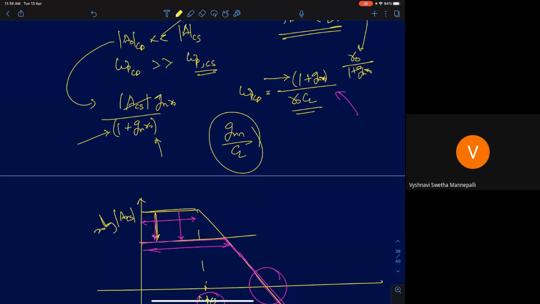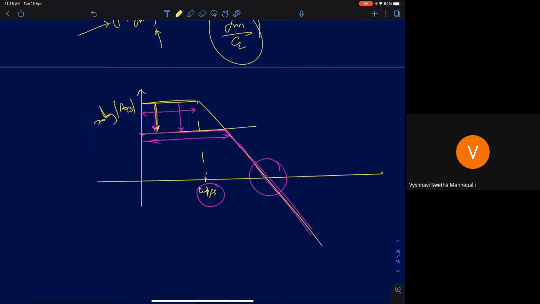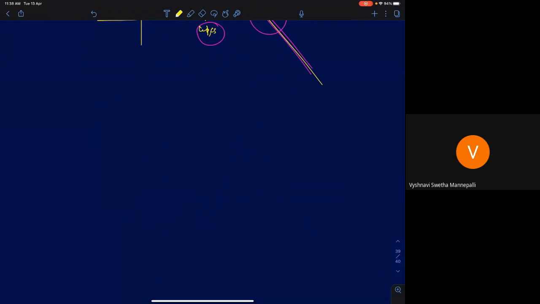That's it. So this is about, very briefly, I'm just discussing one by one: common source, common gate, common drain, and we'll now quickly finish analyzing common gate as well. Again, in this analysis, I've assumed RS is 0. I'm not even including load resistance. We'll add one by one and see how the frequency response changes. With source resistance, how will it change? With the load resistance, how will it change? That's what we'll study one by one.